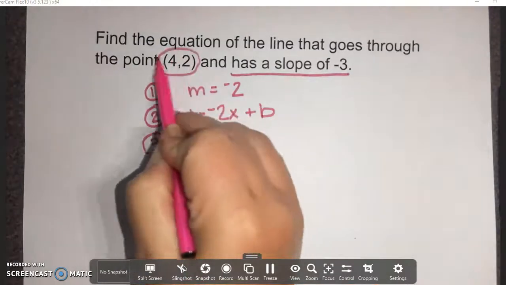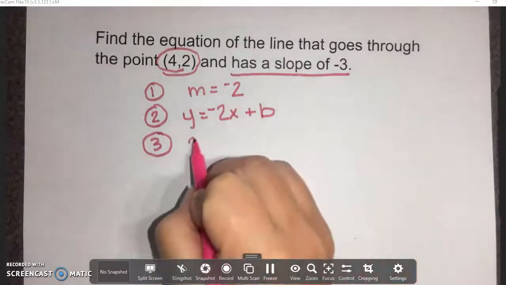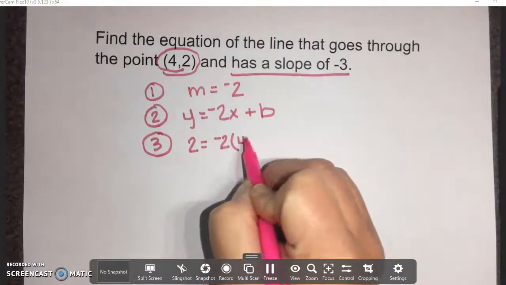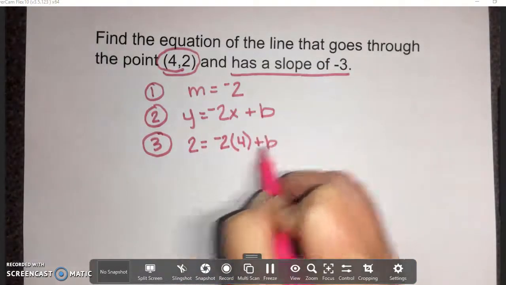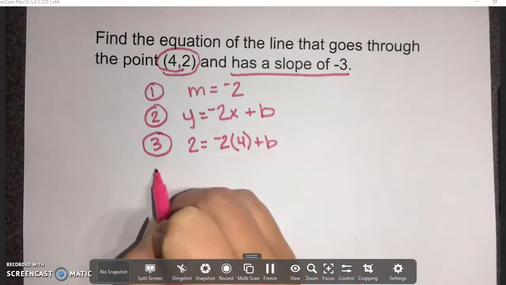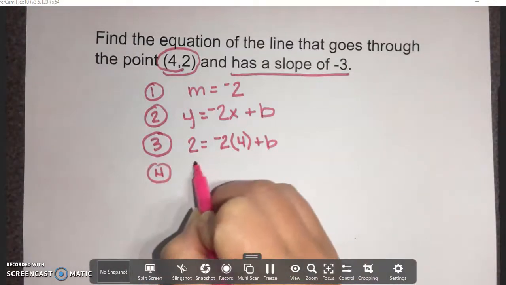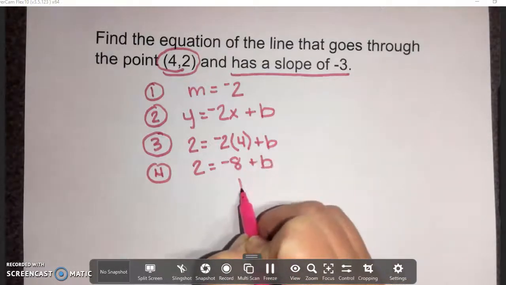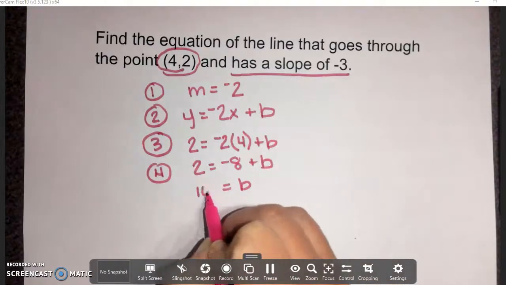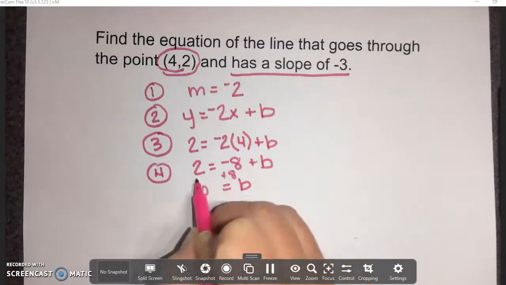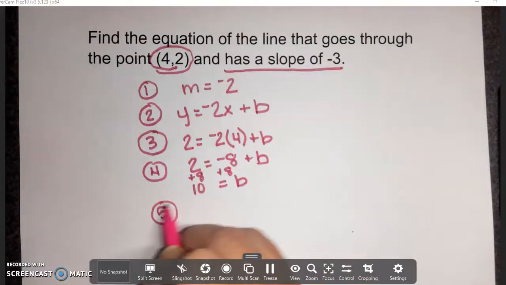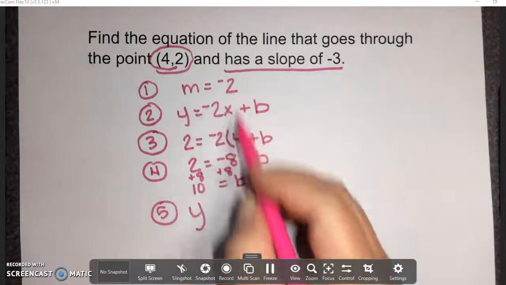Well, we only have one. Then our fourth step was to solve. I added 8. Sorry guys, I skipped a step. Okay, and our fifth step was to write the equation with the m